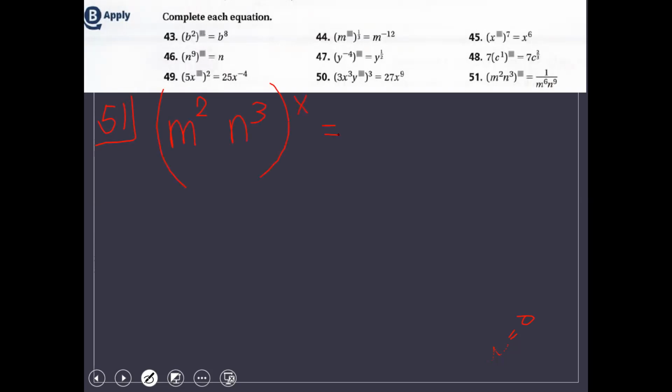The answer is 1 over m to the 6 and n to the 9. As you see here, I will distribute the x here and here, so it will be m to the 2x times n